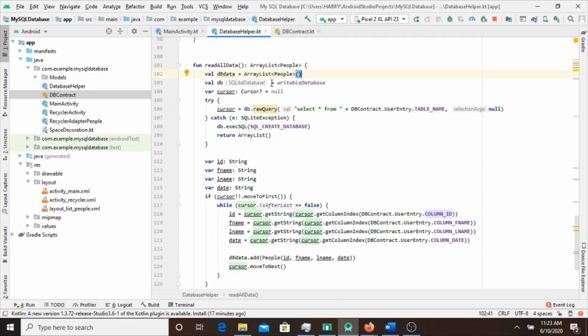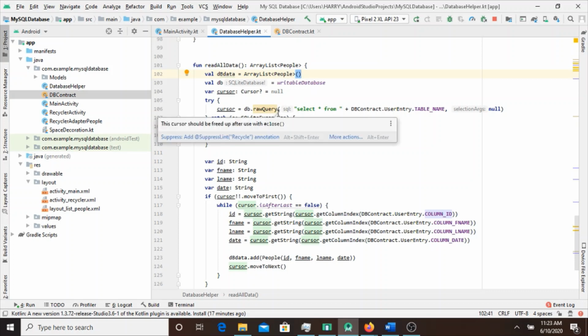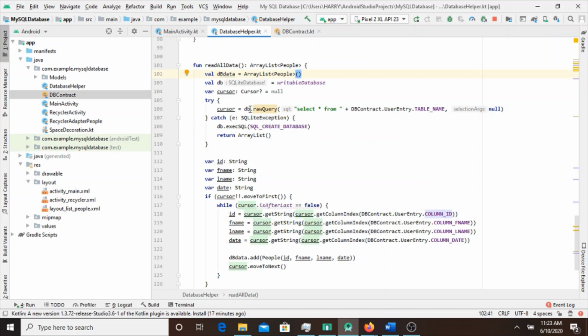Then you create the variable which you can read or write to your database, and then it's going to select all the information in this one particular table. So it's going to go through all the rows and all the columns,